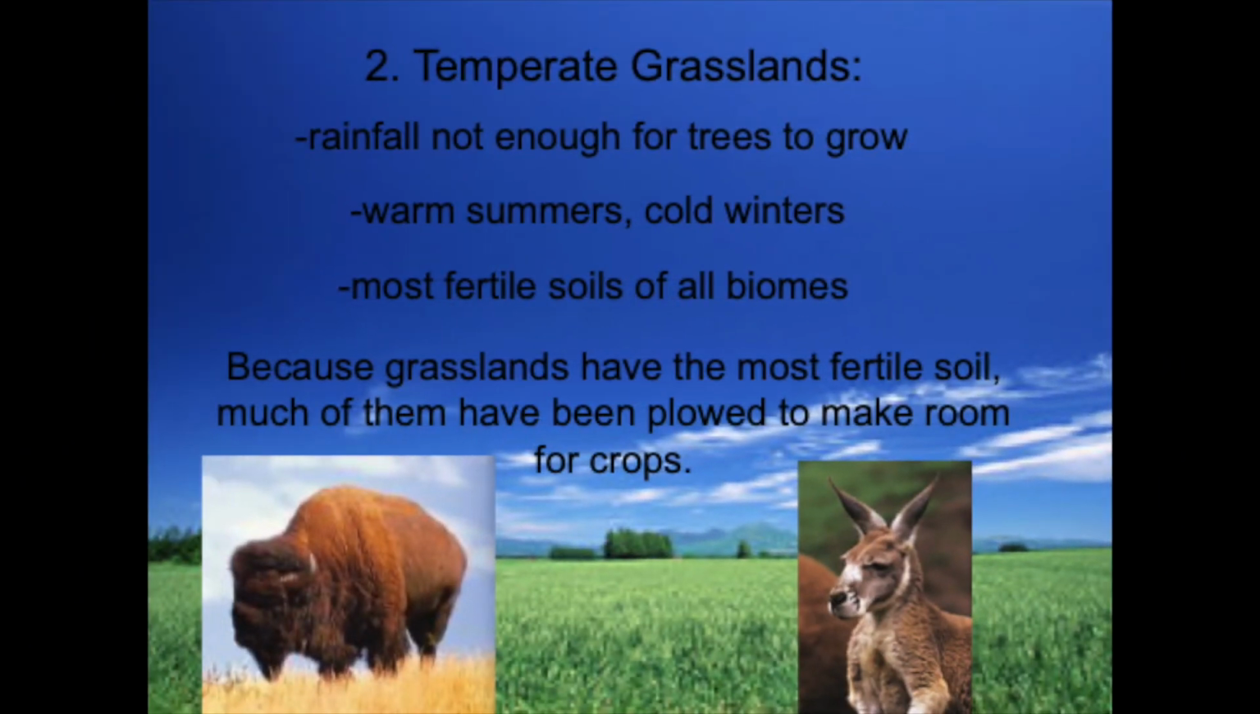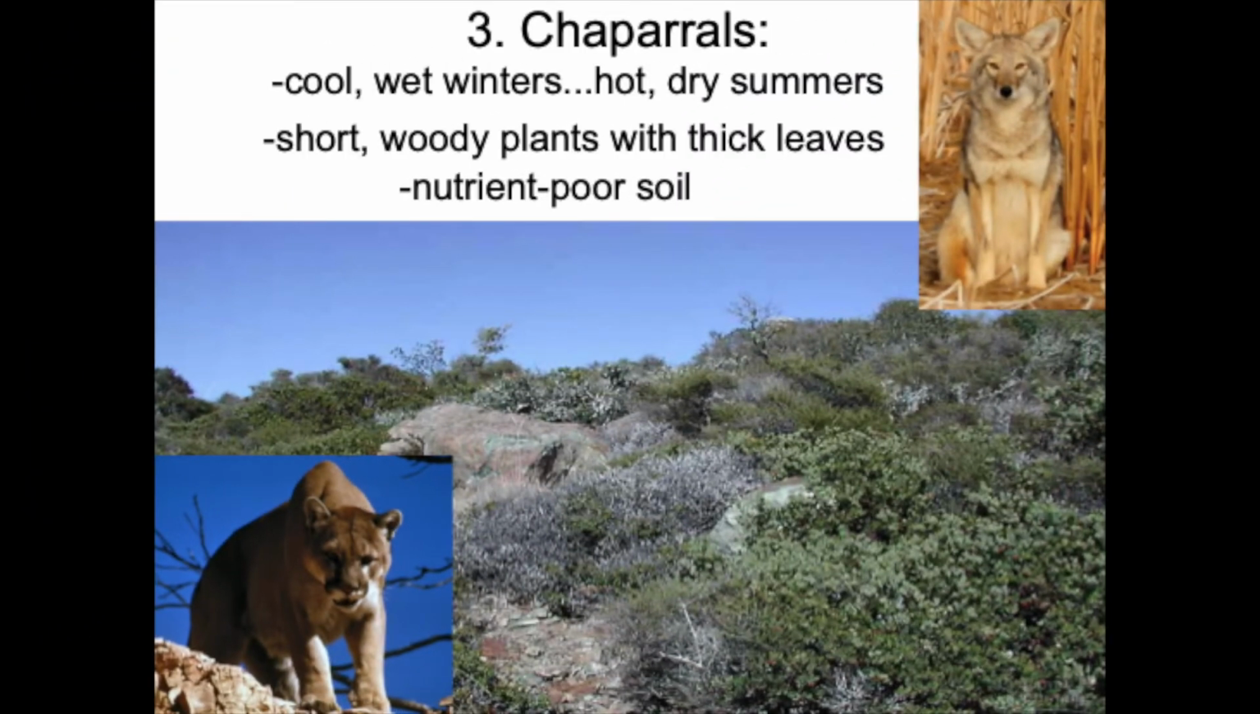And then we also have temperate grasslands. Rainfall not enough for trees to grow, warm summers, cold winters, mostly fertile soils of all biomes. We also have chaparrals, cool wet winters, hot dry summers, short woody plants with thick leaves, and it also has